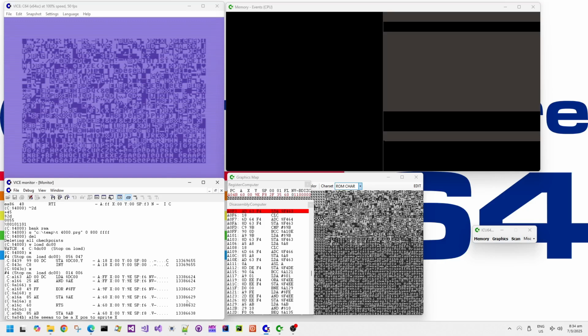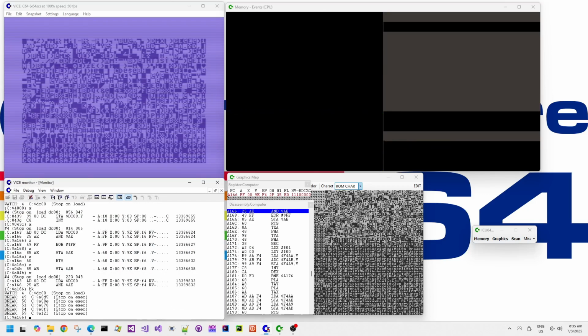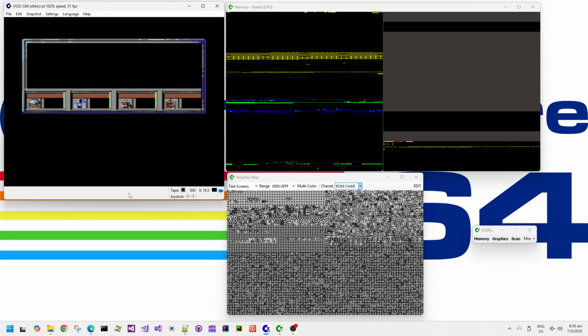It's doing an AND with FE to either clear that bit or set that bit with load A and then OR there. So it seems to be doing a most significant bit check. It's basically converting the 8-bit value for X position into a 9-bit value for X position, ready for the sprite to start displaying at those positions. These are not the sprite registers. It looks like it's some temporary working area, because of course the sprites are being multiplexed. So we have to do all of these calculations outside of the range of the VIC chip